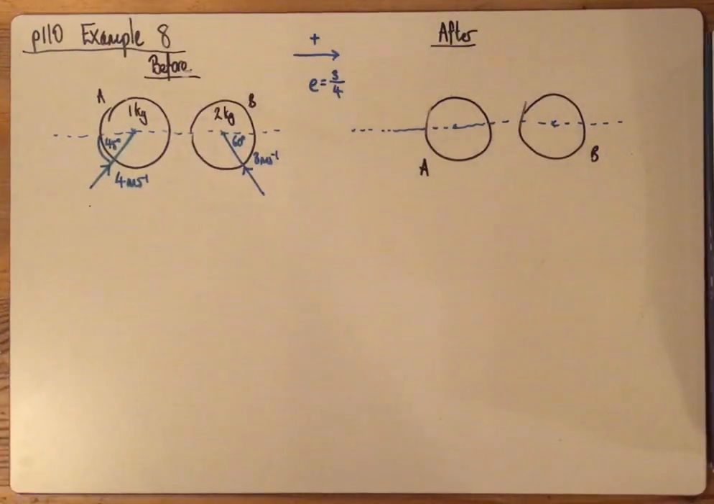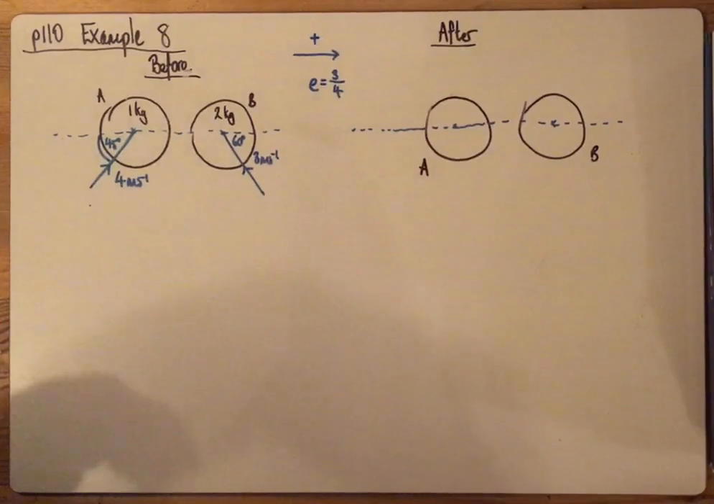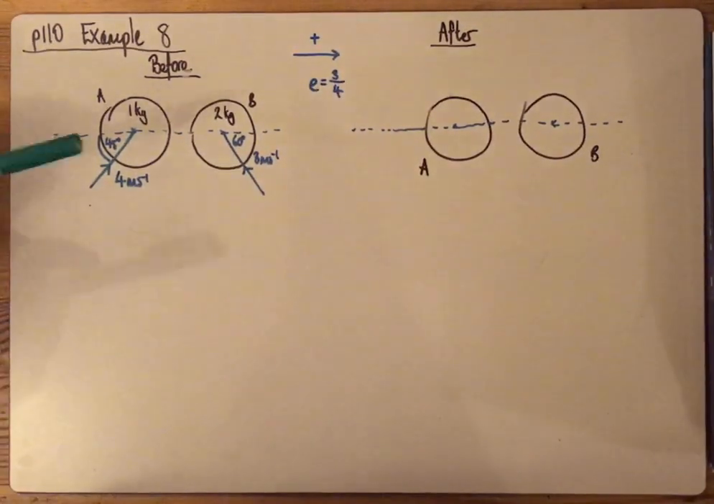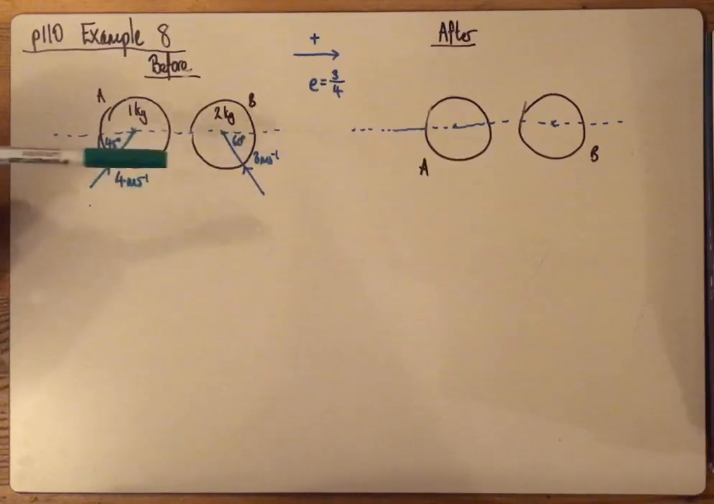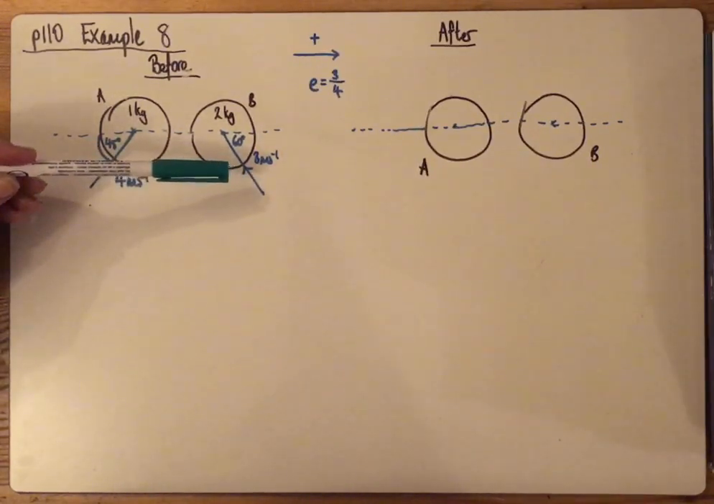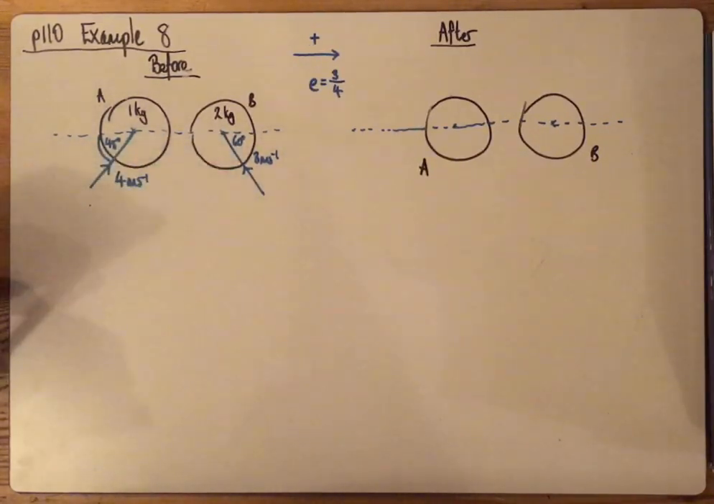Okay, this is example 8 on page 110. So you're given this diagram. Sphere A, mass 1 kilogram, collides with sphere B of mass 2 kilograms. Just before impact, A is moving with a speed of 4 meters per second at 45 degrees to the line of centres. B is moving at speed 3 meters per second at 60 degrees to the line of centres as shown in the diagram, and the coefficient of restitution is 3/4, and we want to find the kinetic energy lost in